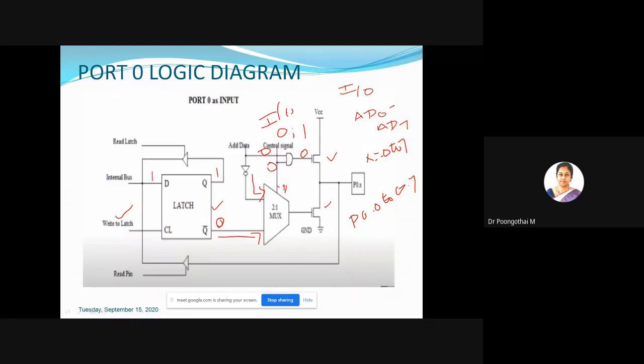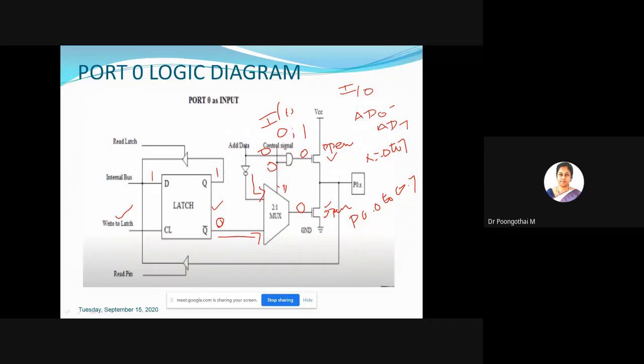So what is the output of the mux? Here the output is 0. Both the upper and lower FETs are open, they act as open switches.